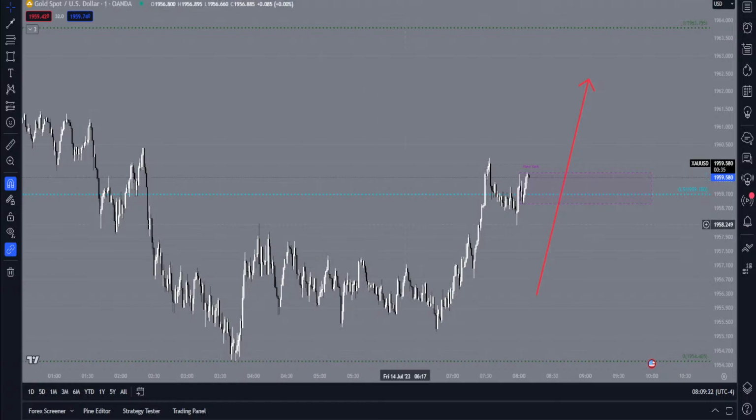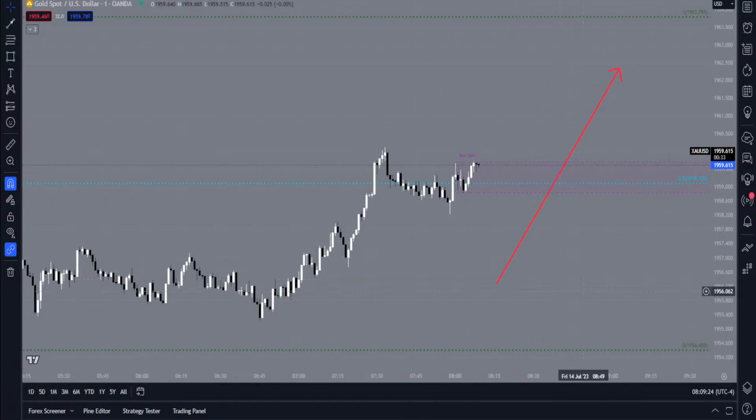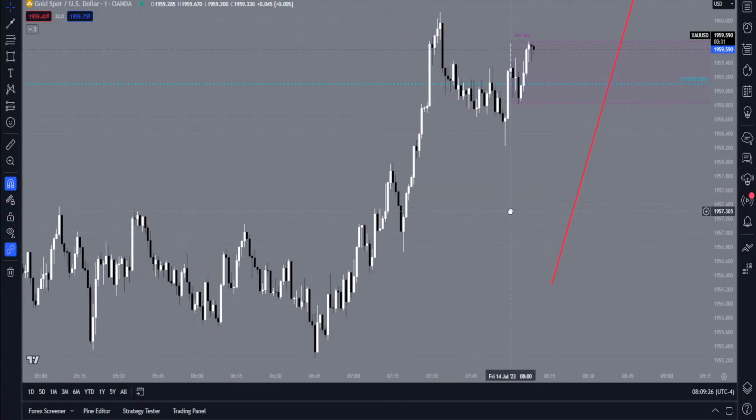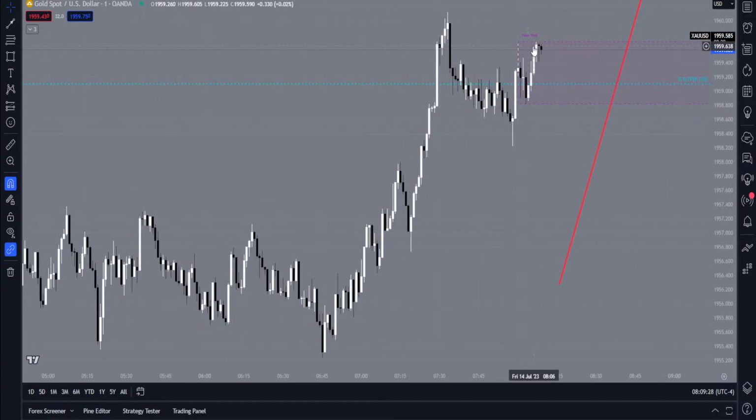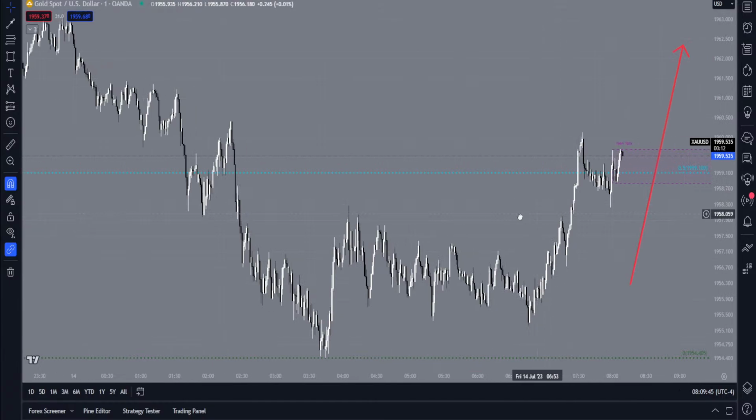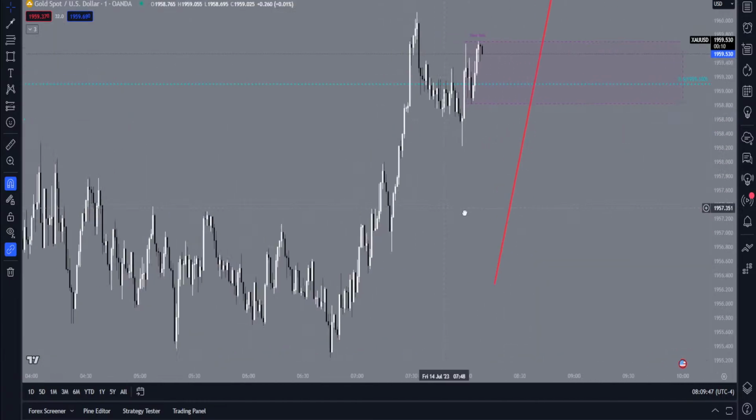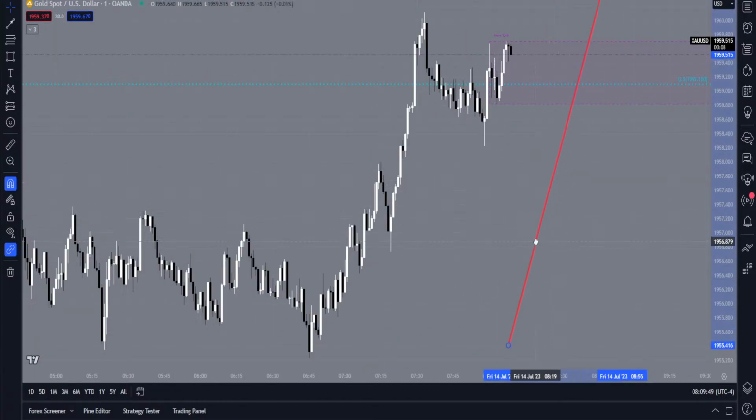Let's go ahead and just zoom in a little bit on the charts now. As you can see, New York session has started. I added a session indicator. It doesn't make that much of a difference, but it's better for me when I'm back testing that I see the time. But we are bullish today, obviously. If you couldn't see the arrow right here, we are bullish on the day, which I will just remove now.